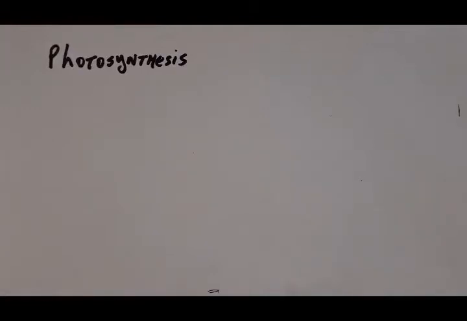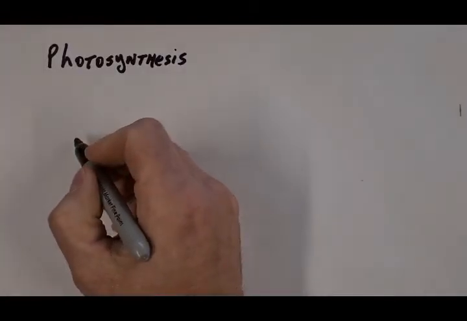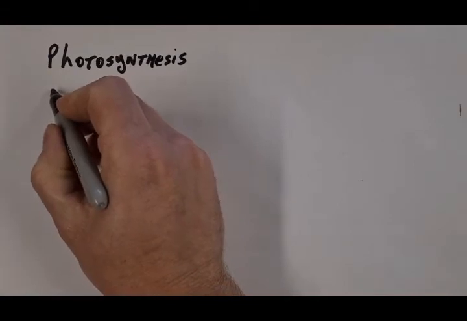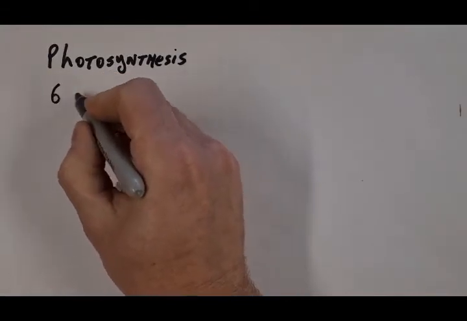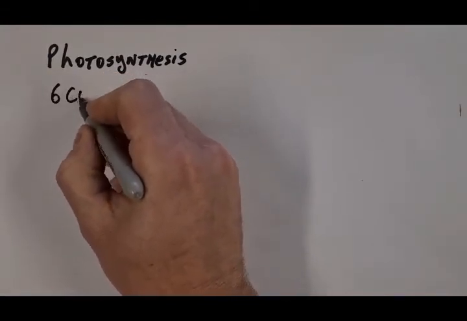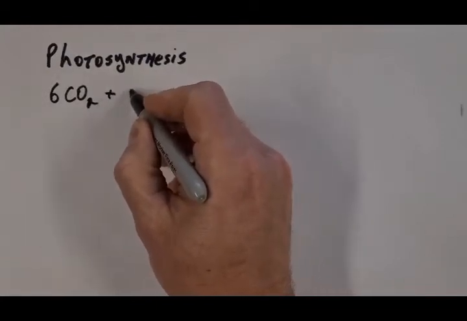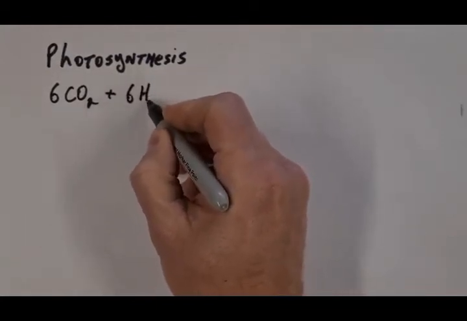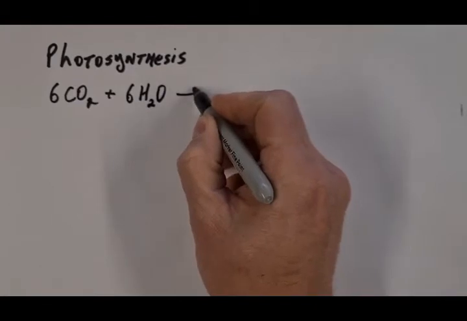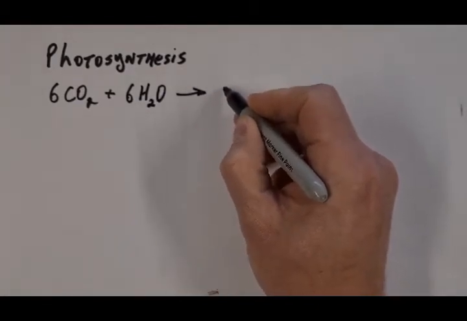Okay, we're looking at the basic things we need to know in photosynthesis. We'll start off with the chemical equation. We need to have 6 molecules of carbon dioxide. We need to have 6 molecules of water, and they'll combine together to form one big molecule of glucose, which is